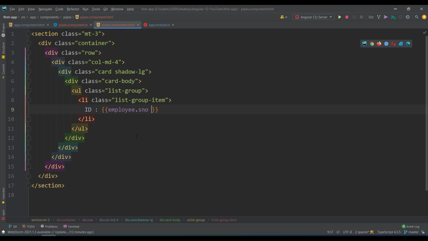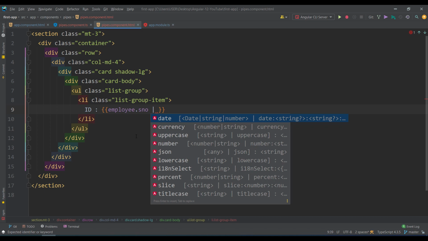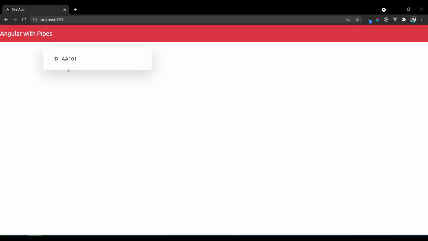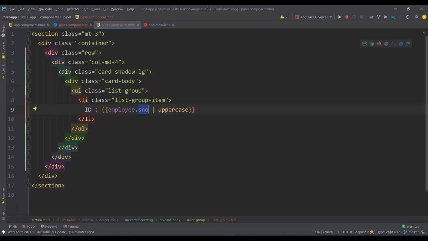Pipes will be like this: you use this symbol for a pipe, and you can press Ctrl+Space, and you get a lot of pipes out there. Let's say here I want uppercase, so just say the uppercase pipe. This is predefined in Angular. So what happens is this will be converted to uppercase. So this is one pipe.